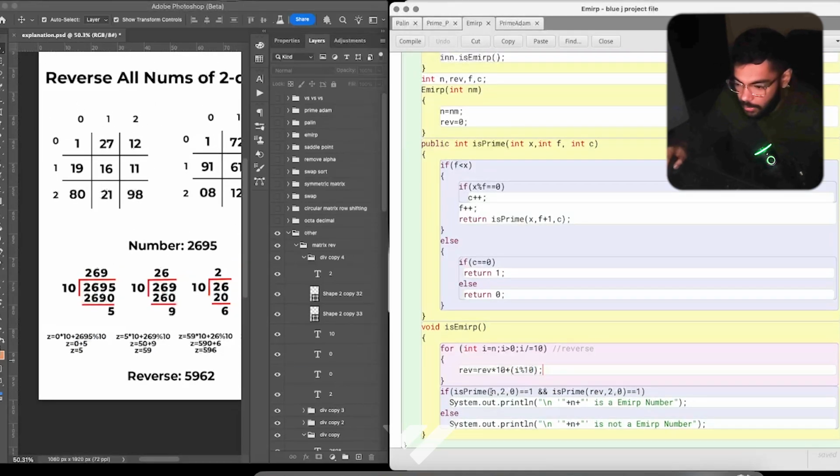After that, we send 3 numbers. So first is the number, the second is 2, and the third is c. c is used to keep count of how many factors the number has. Every division will start from 2 and end at n minus 1. That's why we have to make it 2 again, because otherwise it will be n minus 1 after the first iteration or recursion is done. So we make it 2 again, and we make c 0 again, because if the previous number had any count of factors,